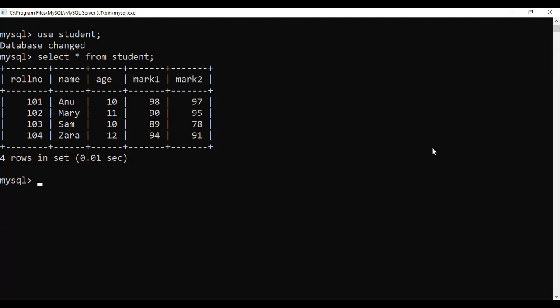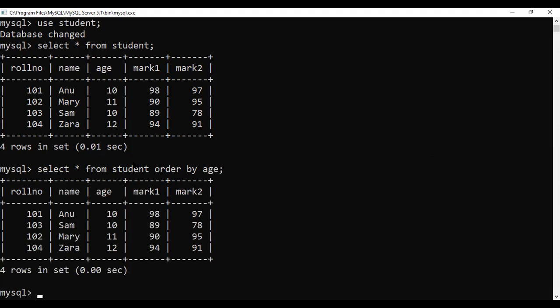Now the first command we will see is sorting the records. Suppose I want to sort this table based on the ascending order of their age. How will I write? Select star from student, that's the name of the table, then order by age.